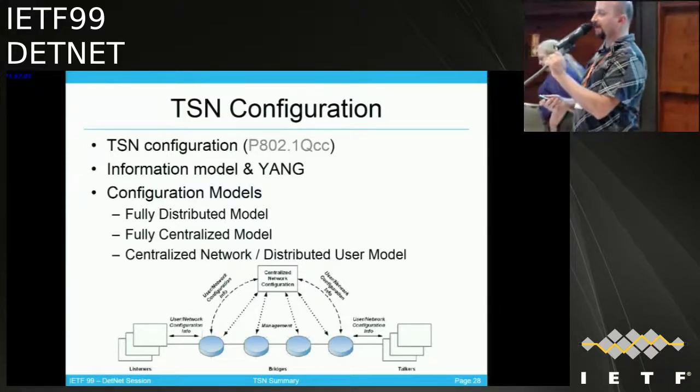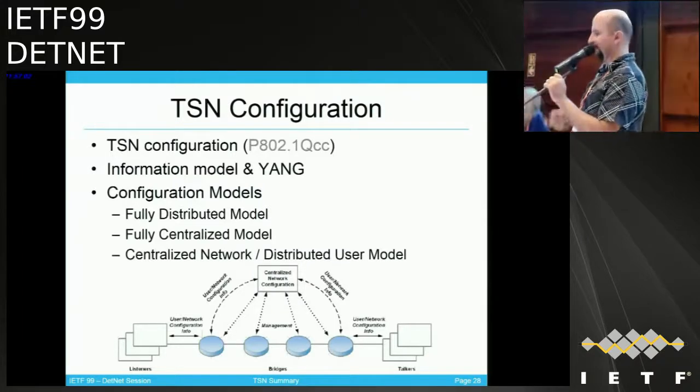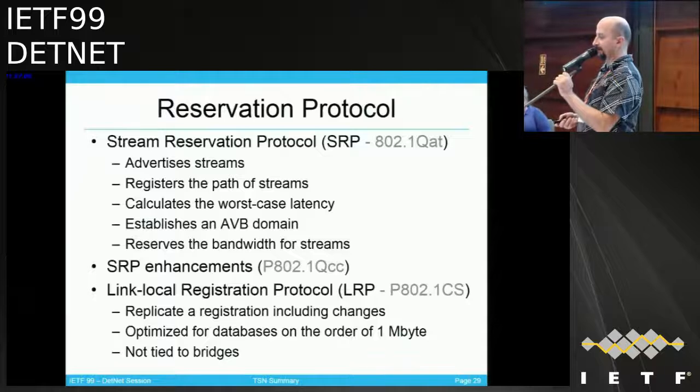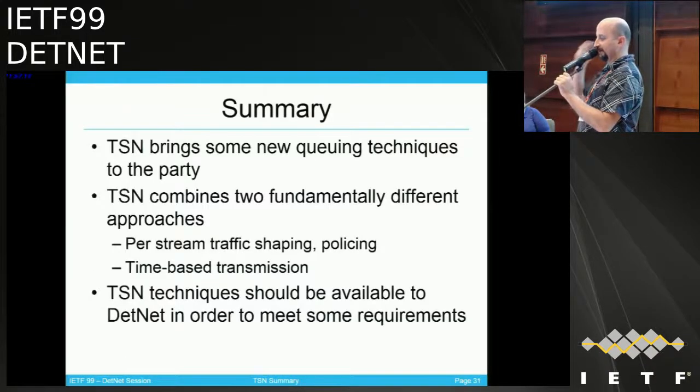Yeah, so the configuration part, this is mentioned in the flow information model. Really, we are running out of time. We have a distributed reservation protocol, and I wanted to get to the summary and the discussion. So as we explained, we have some new queuing techniques in TSN, and we are combining two different approaches, the per stream filtering, shaping, and time-based transmission. And for certain time and or mission critical applications, all these techniques should be available for both DETNET and